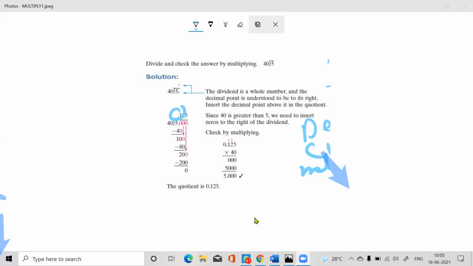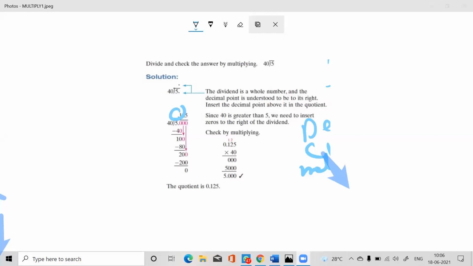Sir, for example, this is the question: 4 divided by 5. So, sir, we will put 0 and it will be 40. So it will be 50, beta. 0.8. The answer will be like this. It will be 50, as I just showed you in the picture. Okay. 40 is divided by 5. In this way, you have to do division. See also that 18.369.